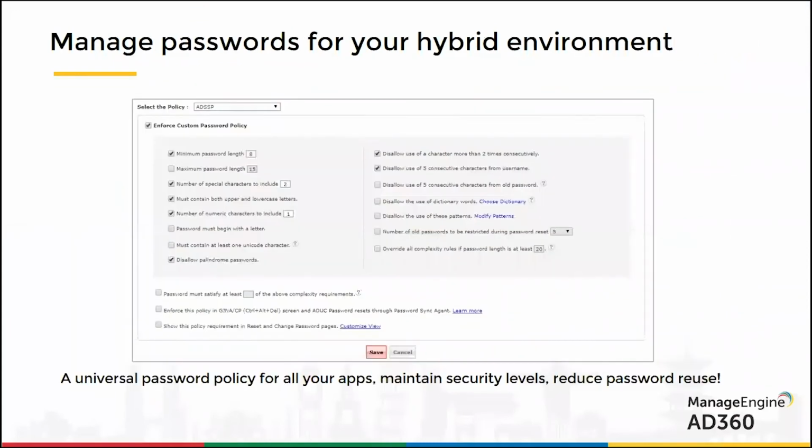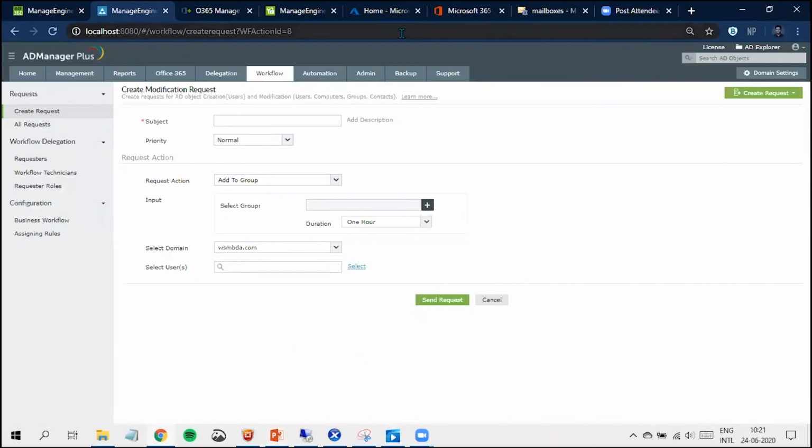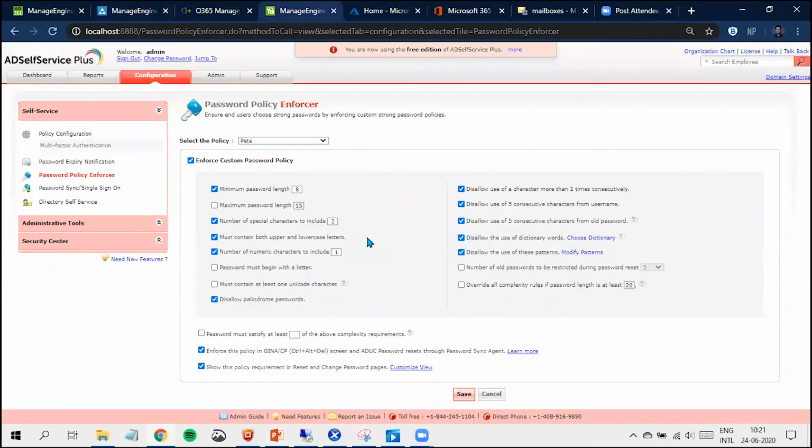And the third thing is you can also manage passwords for your hybrid environment using 8360, wherein you can enforce a singular password policy. This password policy will work for your on-premise and your cloud applications as well. Let me quickly show you how that works. If I head into my console right here, you can now see that I have a password policy defined. And if I go down here,